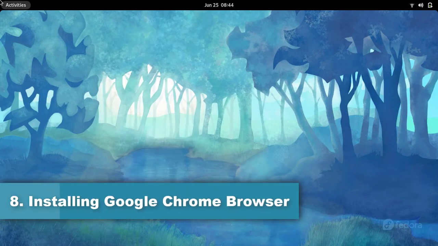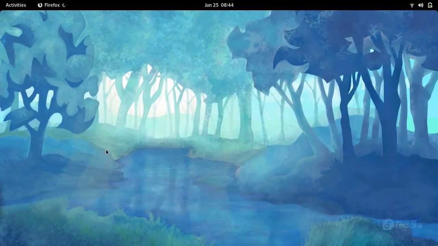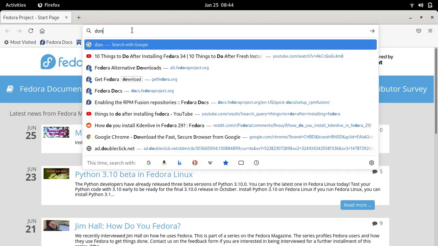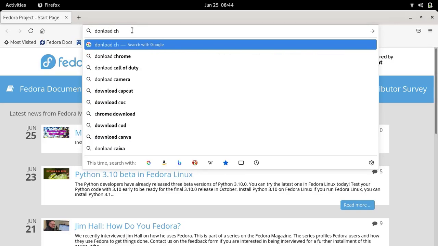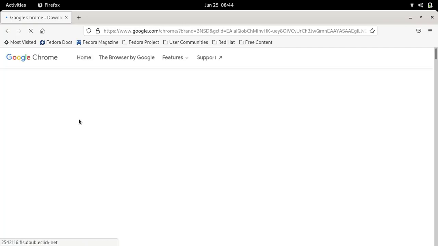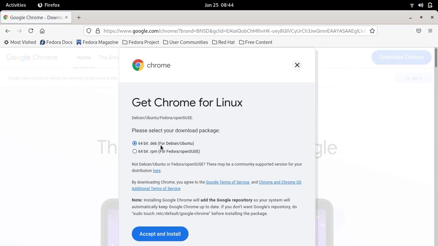And now I'm going to download the best web browser, that is Google Chrome. For this you have to open the browser Firefox and then search for download Google Chrome. From the first link, download Chrome, and there you have to choose 64-bit RPM since we are using Fedora.